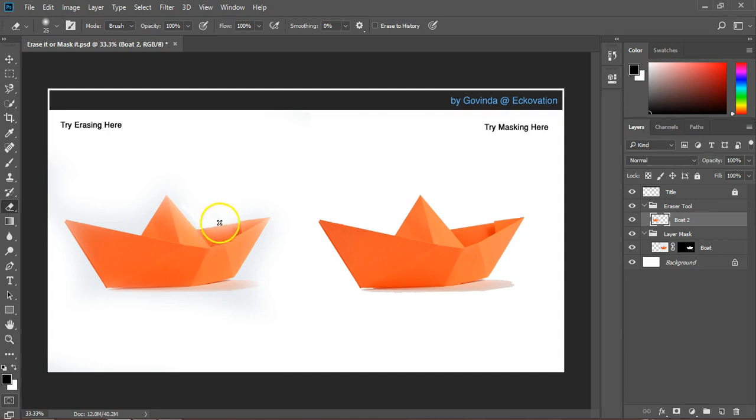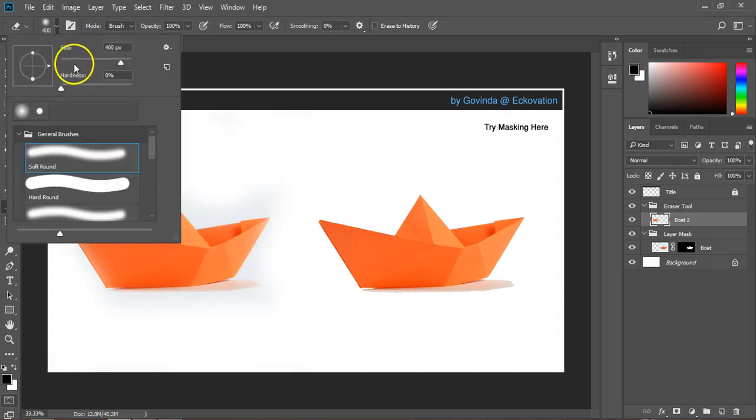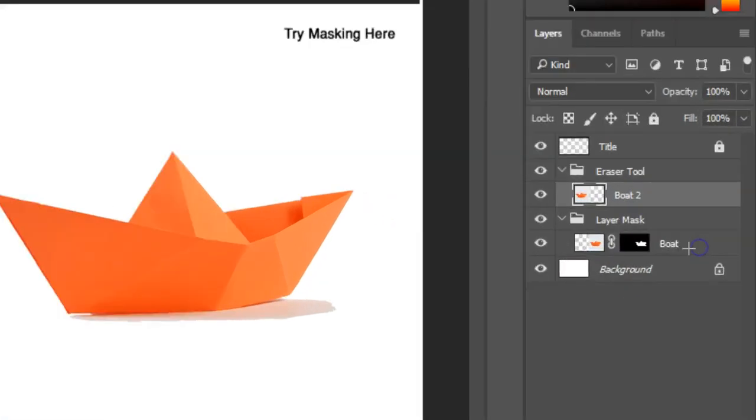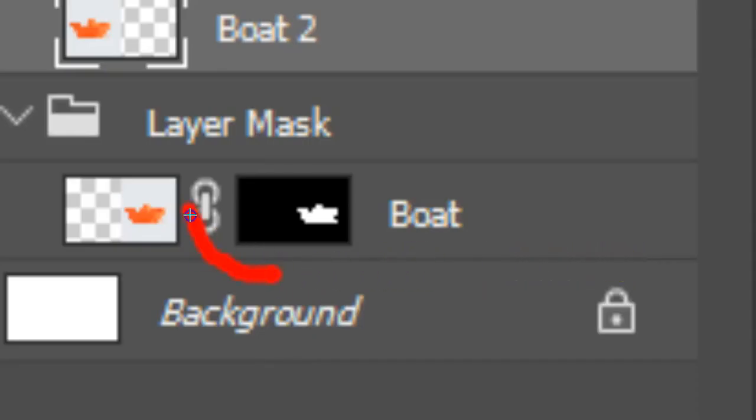Now let's move to our next technique, the layer mask. So scroll to the right. Here you see our boat 1 layer, and it seems that it is already cut out from the grayish background. But apart from this, if you see the layer tab in the layers panel, you will notice that we have another thumbnail which looks like a black layer with a small white boat shape cut in the same tab as our boat 1 layer. Now let's begin.